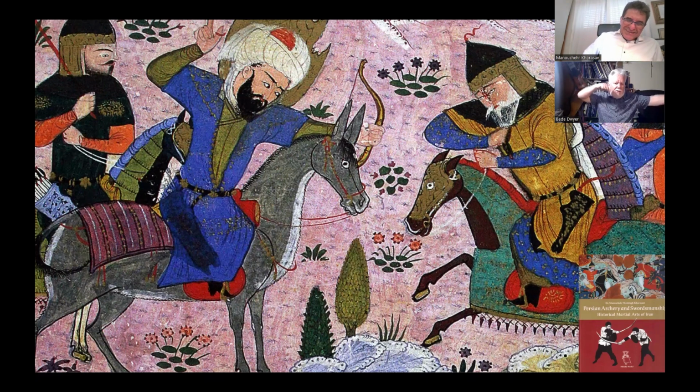But he's doing this. His index finger is released, but the three other fingers are still closed. His thumb is, I mean, you know, he's released there and it's gone up to there. So his thumb is pointing up in the air. But this is a real thing. This is a real process when you're shooting with a thumb ring. So the artist, even though he